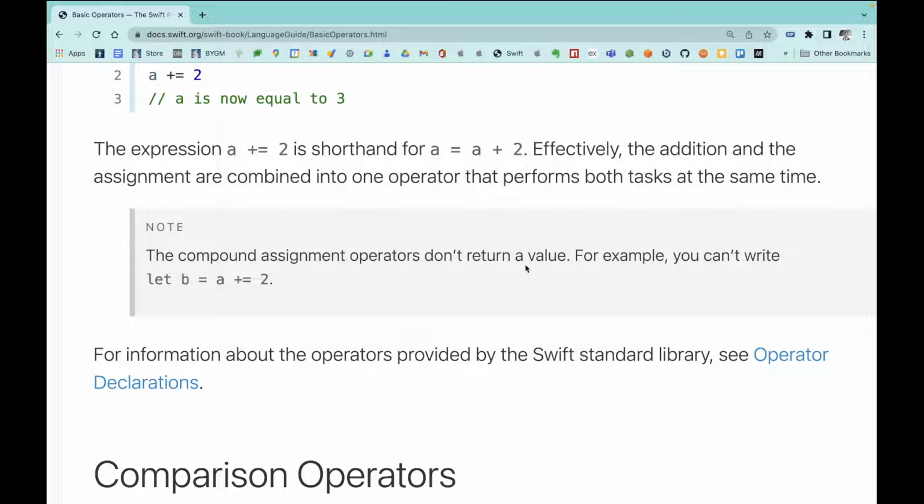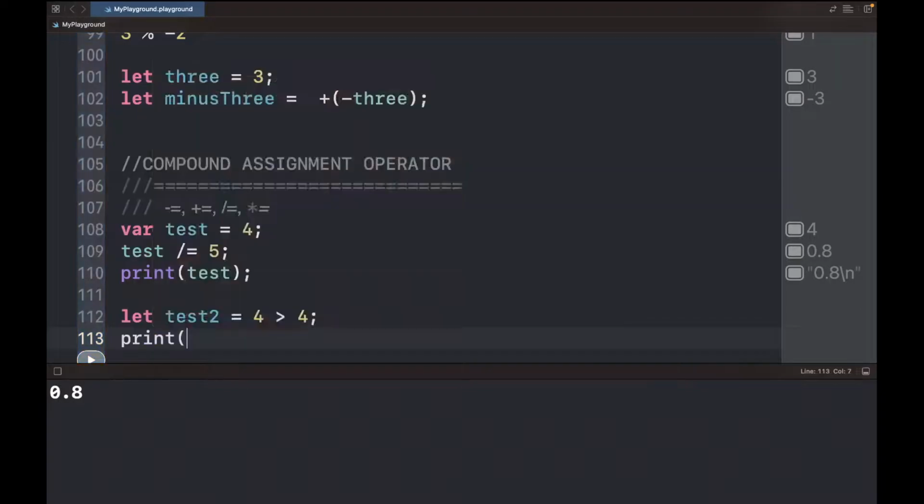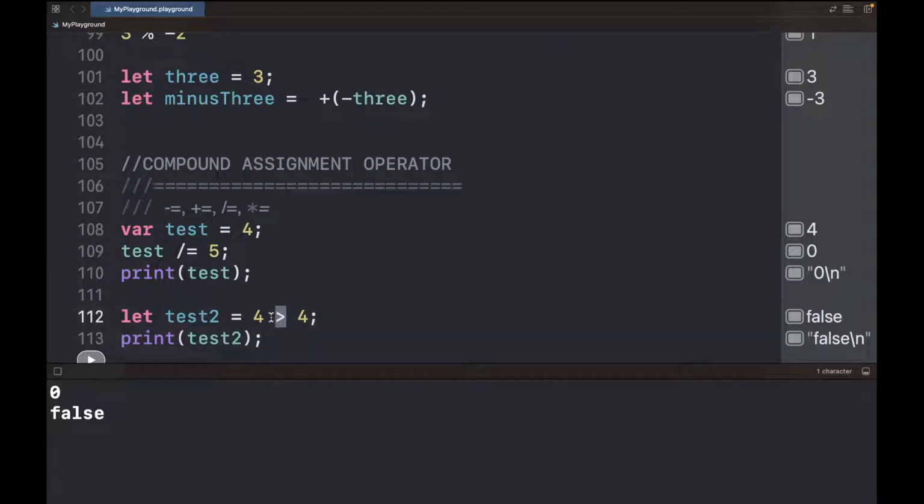Operators don't return a value. For example, you can't write let B is equal to A. But we can do something like this, because we understand they don't return a value. Let's do test2 is equal to 3, 4 is greater than 3. It's going to return a false, and because it returns a false, if I print test2, I should get the answer of false. Those are some of the things that we do, because this here returns a value, but